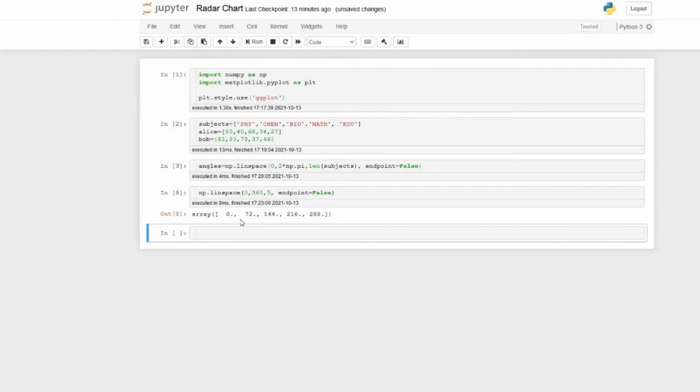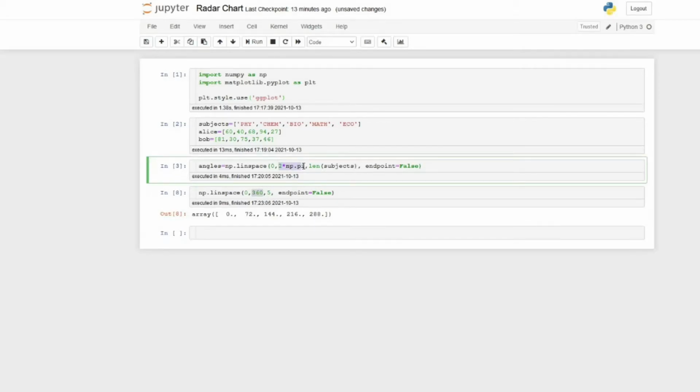For preparation of the radar chart, we will be using 360 degrees itself, but we will be using np.pi. So we will be giving the data in radians, not in degrees. 360 degrees is the same as 2 pi radians, and we can get the value of pi by using np.pi.